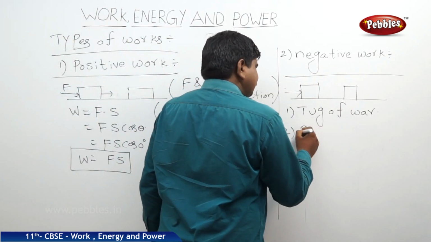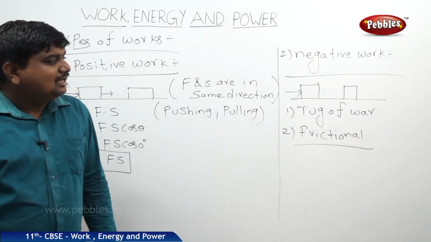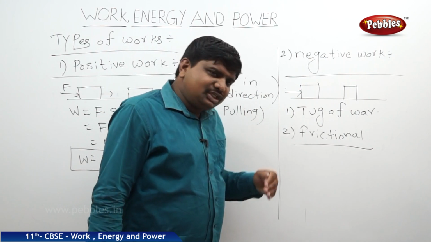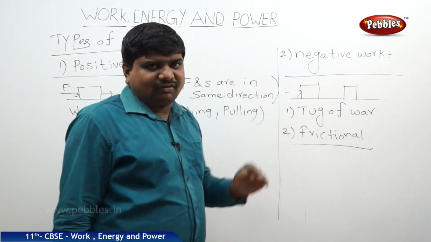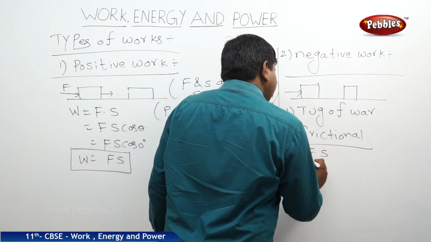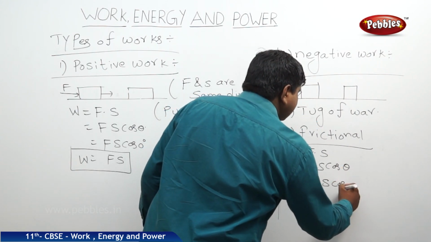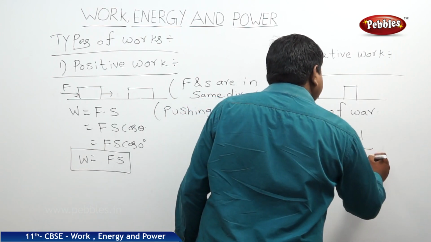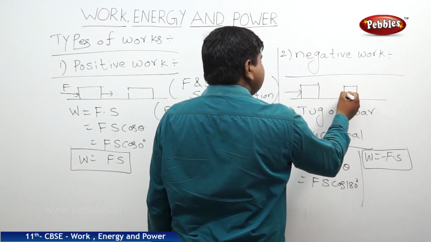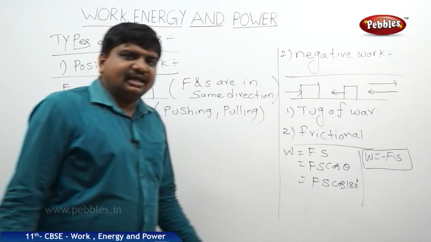Second one, friction. Work done by frictional force is always negative work, because frictional force is a virtual force which is not visible to our imagination, but it is always doing some work against the applied force on the body. So in this case, W is equal to F dot S, which gives Fs cos theta. Where theta is anti-parallel, that's why cos 180. Therefore W is equal to minus F dot S. So force is applied like this, displacement is like this. The vectors will be like this. This is said to be negative work.